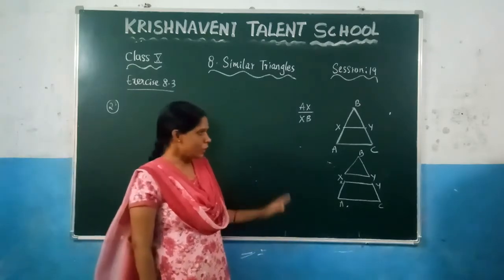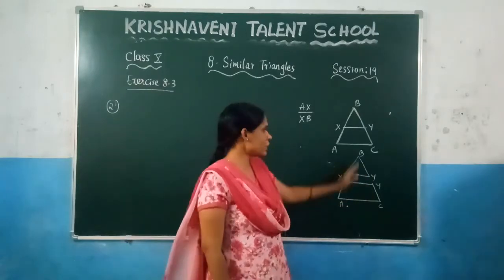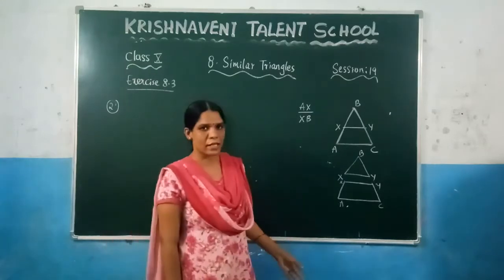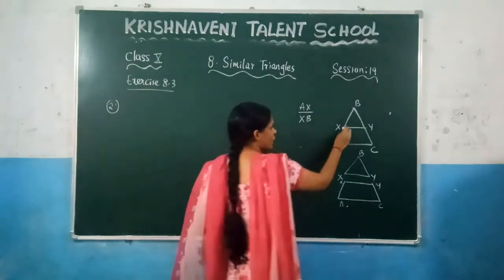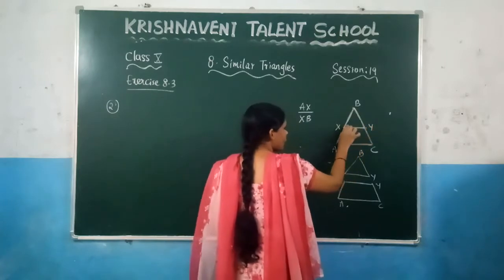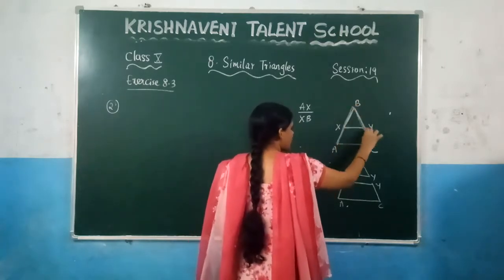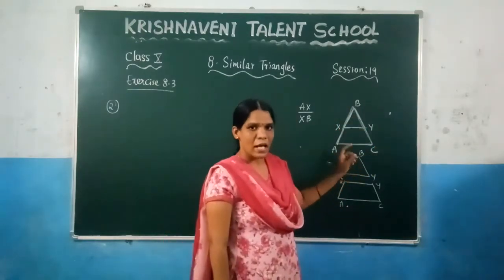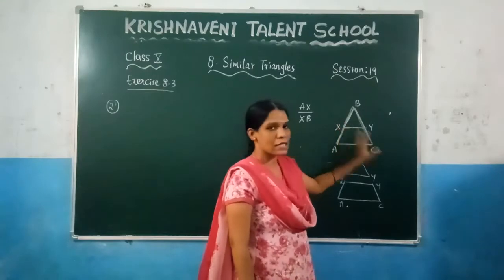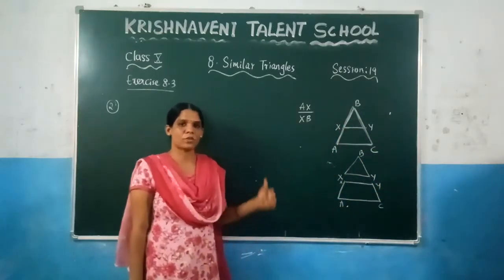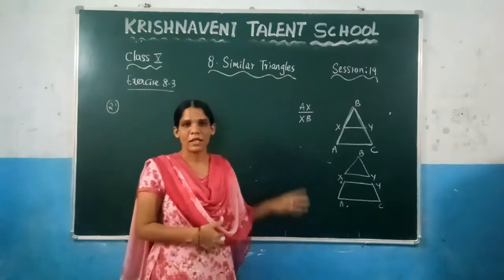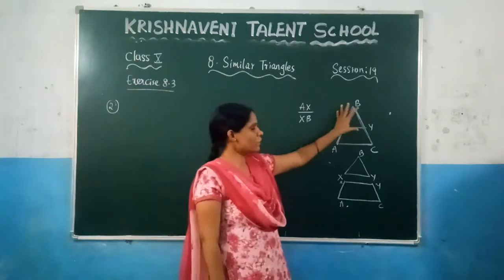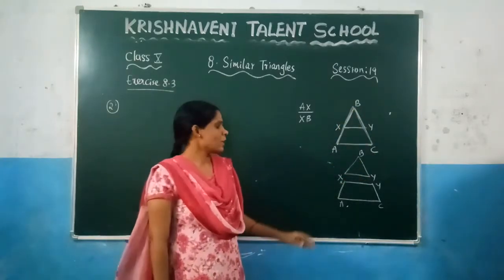So here you need to prove that two triangles are similar in this figure. What are those triangles? You need to check it here. You can observe in this figure that this is one triangle, and this is a bigger triangle. If you can prove that this bigger triangle ABC and the smaller triangle BXY are similar, then you can apply the theorem so that you can find this ratio. Like that, you need to solve this problem. So first we need to prove that these two triangles are similar, and based on